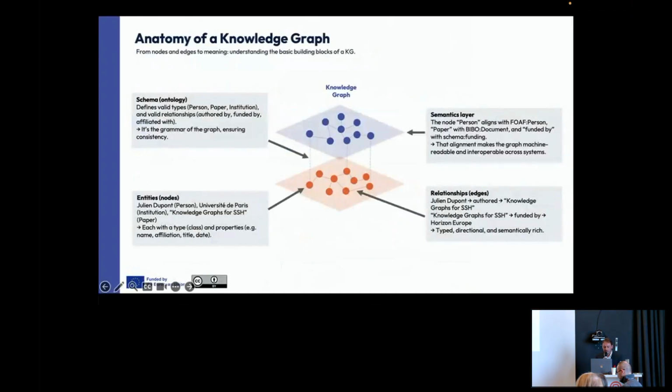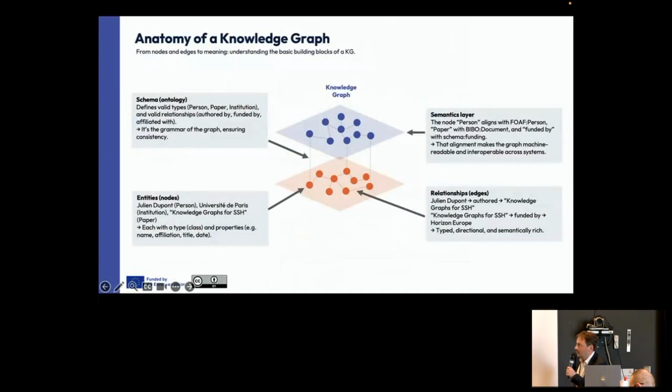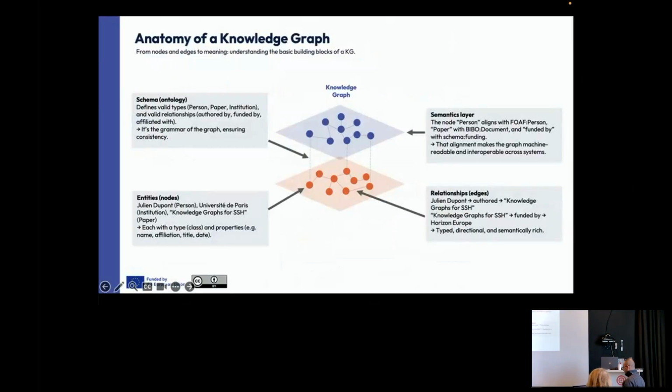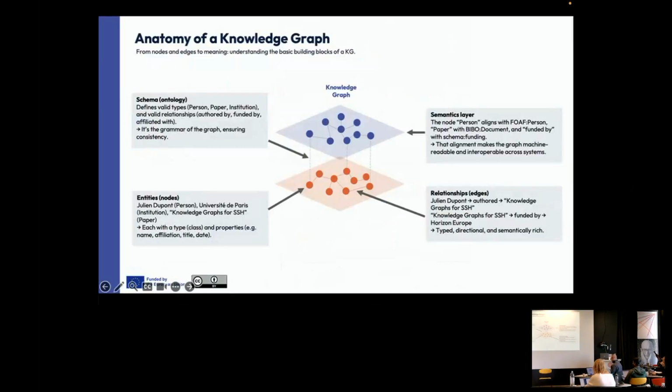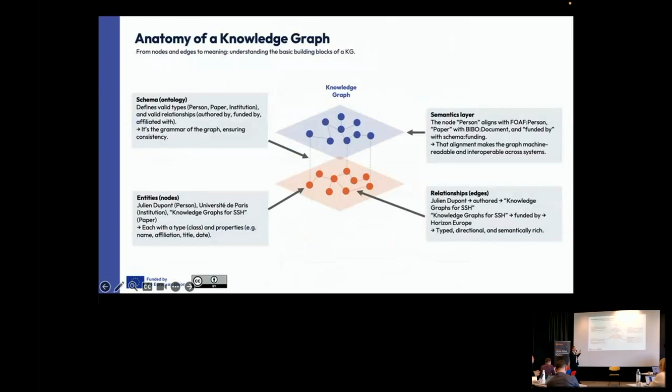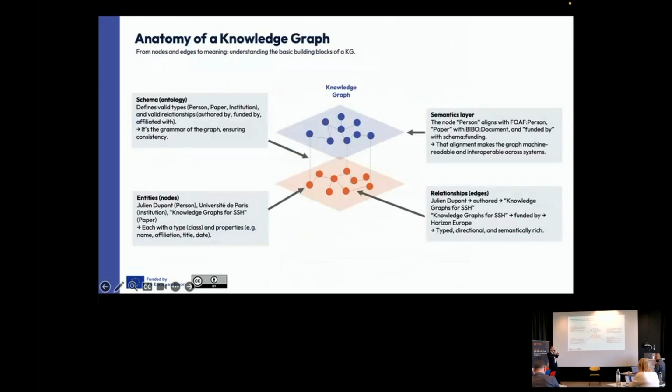But just before, I would like to explain a little bit more. I would like to focus a little bit more on what we have to develop when we are building a knowledge graph. Okay, initially we have raw data, as we have seen before. So we have to, first of all, identify how we can put some consistency, some meaning